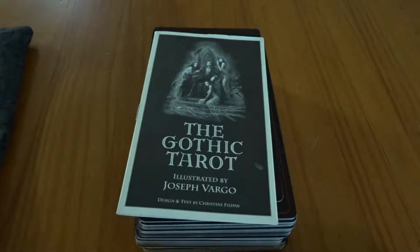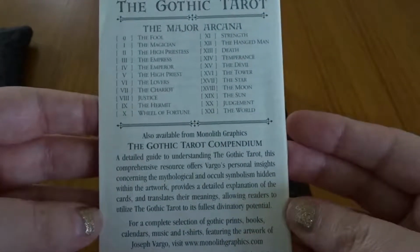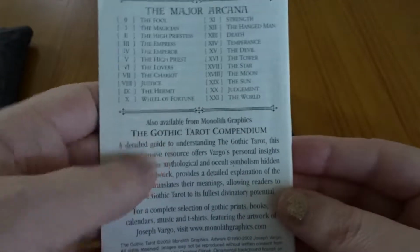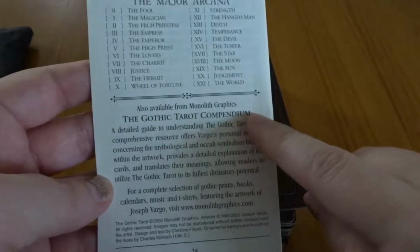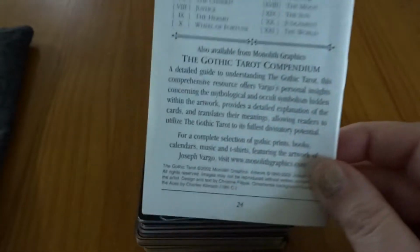So, alright, as you can see, the Gothic Tarot illustrated by Joseph Vargo. This is the little white book that comes with it. Now, I did not catch this when I bought the deck. I only recently found out that there is actually a big book, the Gothic Tarot Compendium, a detailed guide. It even has Vargo's personal insights